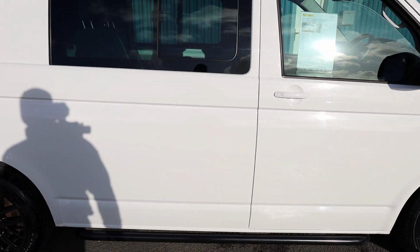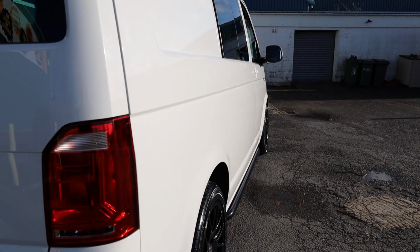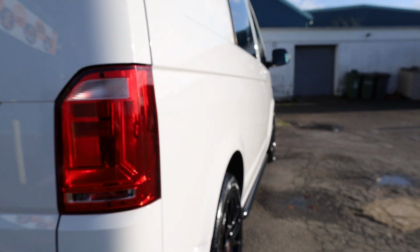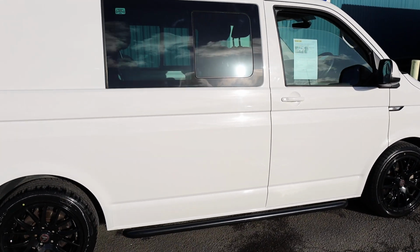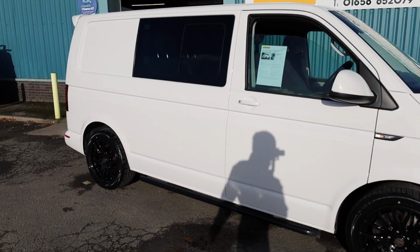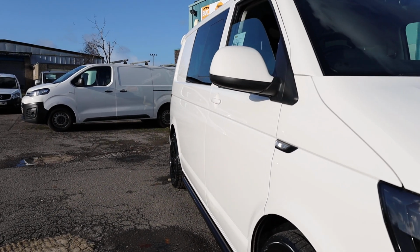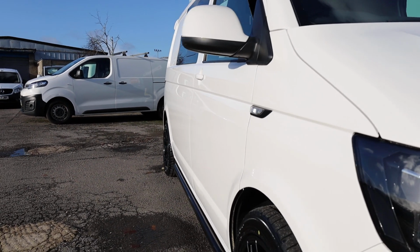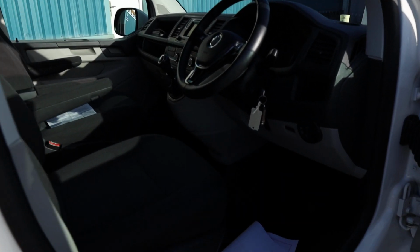Looking at the driver's side, fantastic condition here. We're looking into direct sunlight here, so it really would show up any dings or dents, but it is looking really, really nice. Camera's not liking that. It's not liking to focus on direct sunlight on the white side of the white van. But if there's anything I can see, I will gladly point it out to you, but it's looking very, very clean and tidy. Now let's open up the driver's door and start to have a look inside